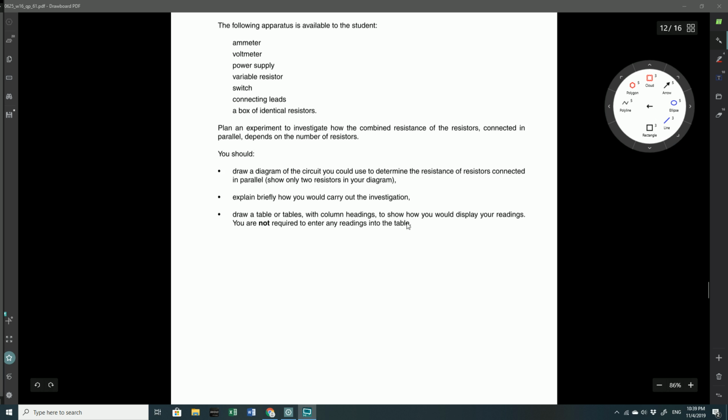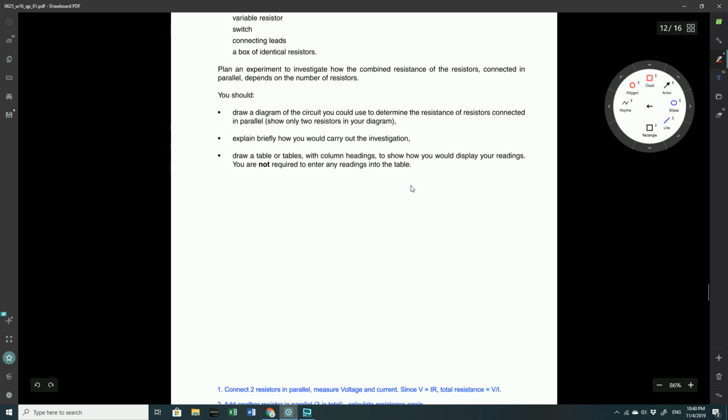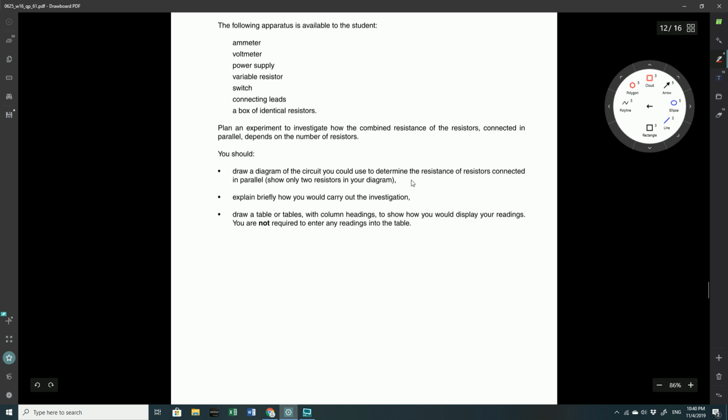So in essence, this is a very simple question whereby you design an experiment to test the total resistance of resistance in parallel, and of course how it affects the total resistance if we were to add more resistors into the setup. So we would obviously always start with a power supply here, and here I would connect an ammeter to calculate the total current flowing through. In this first branch we will have resistor 1 connected,